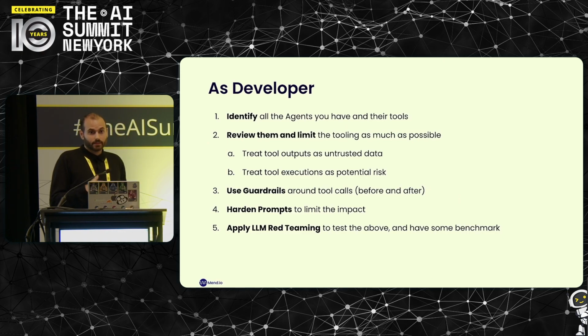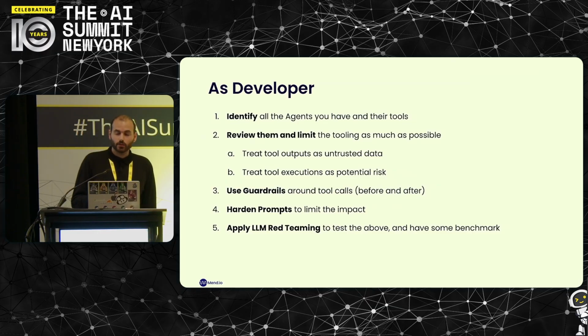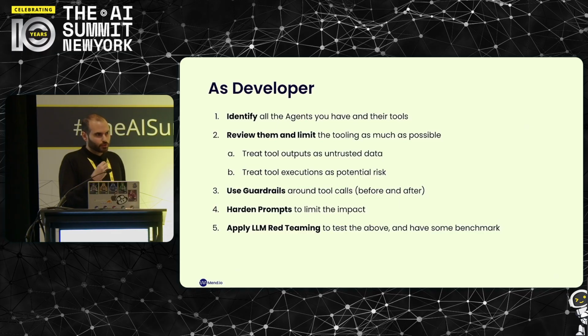You need to add guardrails, right? And not only on the user input, not only to test the user input for a malicious prompt, but on any tool invocation. We should treat tools as an untrusted source. We should harden our prompt, right? I can explain to my agent what it should do and what it shouldn't do, and it can help me reduce the risk of a prompt injection, and I should test it. This is what we call LLM red teaming, right? To test my agent and try to find the issues by brute force.